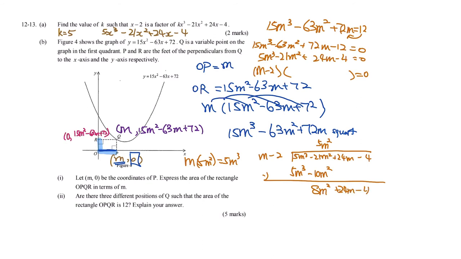And then just repeat. M times what is 8? Yes, so 8m. And then you also write 8m squared, and then negative 2 times 8m, negative 16m, nothing else. 8 minus, there's a hidden minus. 8 minus 8, nothing. How about 24 minus 16? You should be able to get 40m,